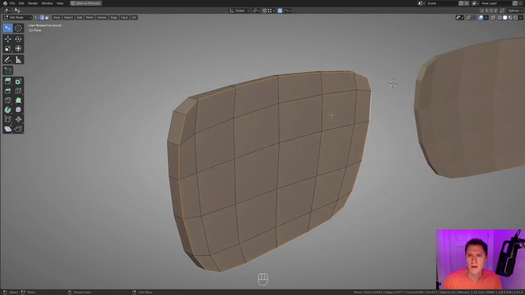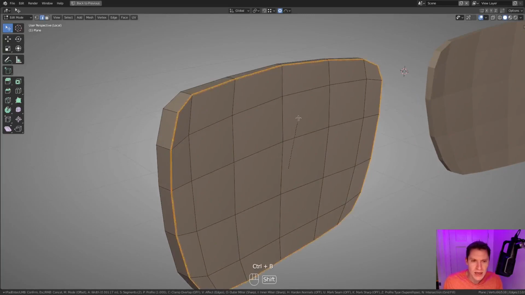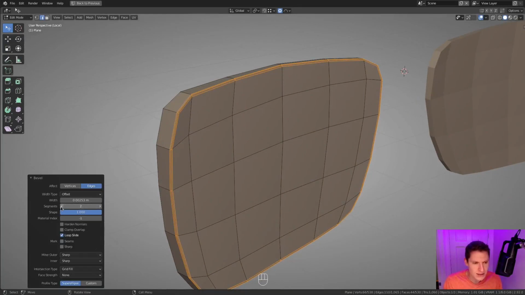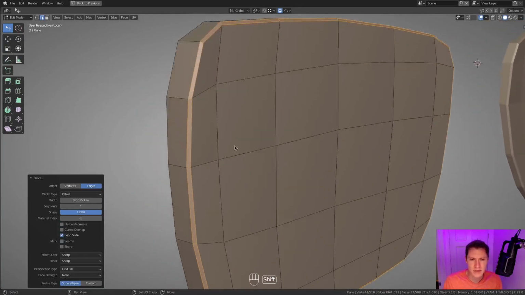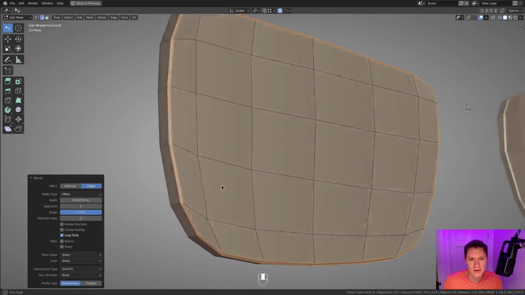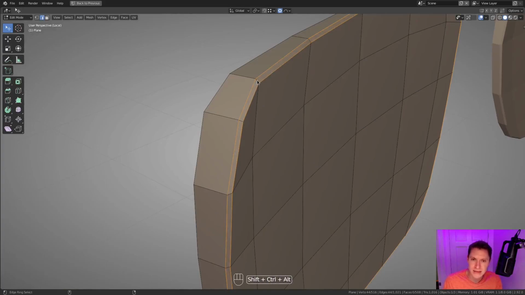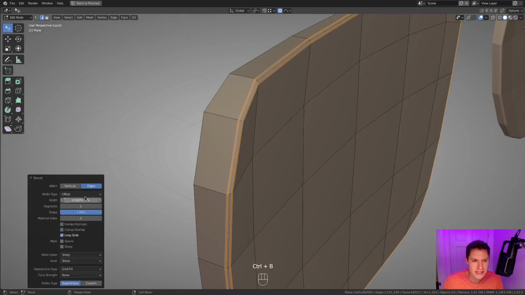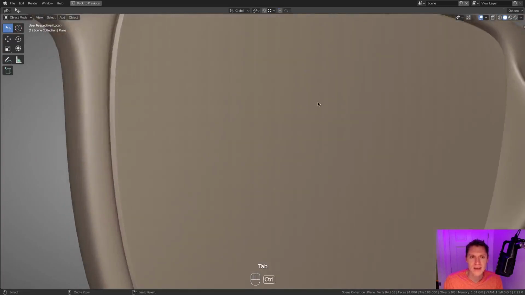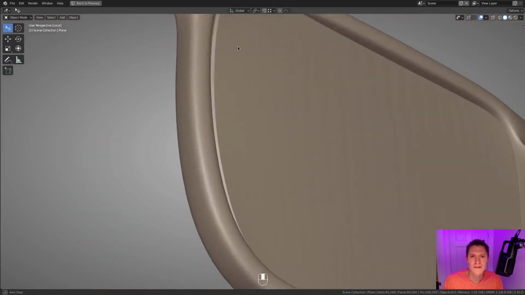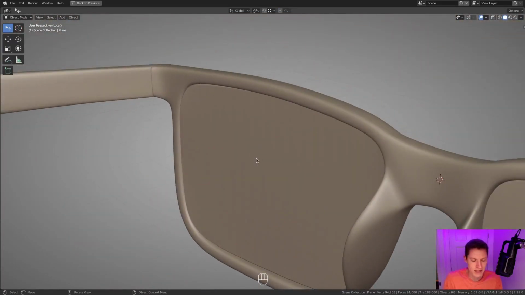All right, select the whole border edge, Control B, and I want to make it one segment, and it's a pretty small bevel. All right, and then from here, Shift Control Alt click on the inside, and that will deselect the edge ring. Okay, you can see how now we've got two separate edge loops selected. Control B to then bevel those nice and tight with two segments. And now when we see that by itself, we've got this really fine, sharp bevel. And that's what I see in my glasses.